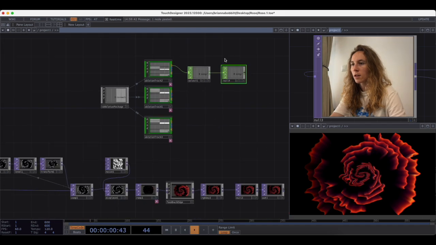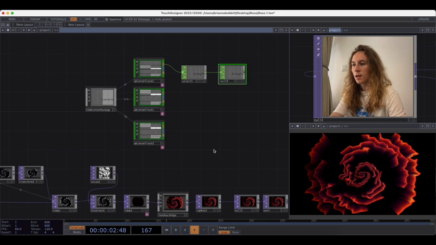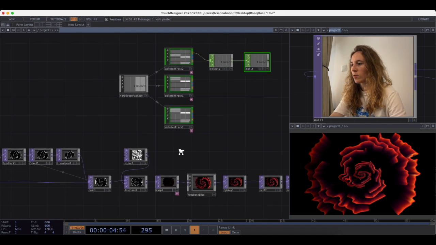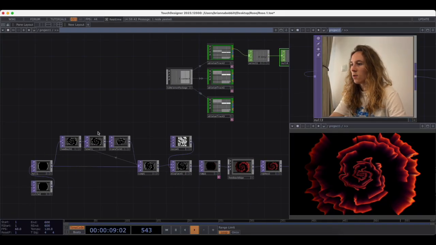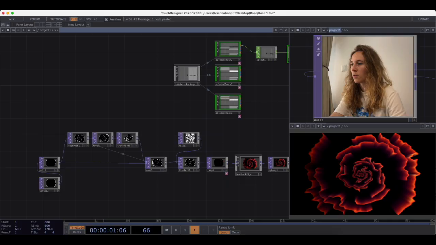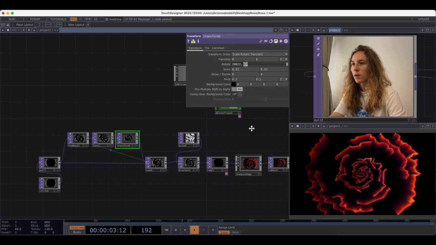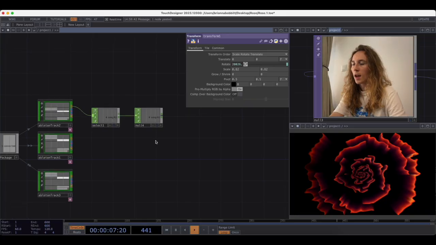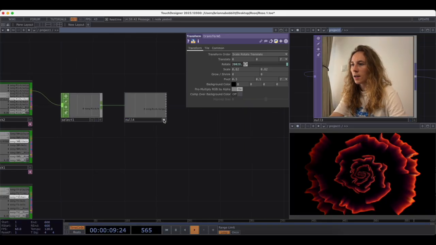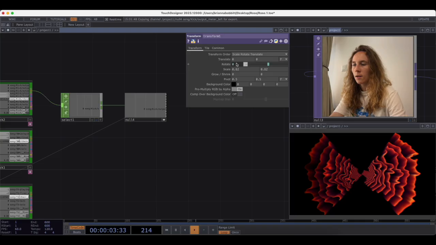And now I can actually use this to change any parameter I want of my visuals, right? So let's go ahead and go into the transform, and I want to change the rotate, which right now I have animated, but instead of having it animated, let's do this. So every time I hit the kick,